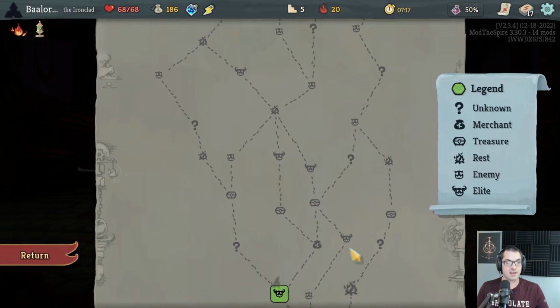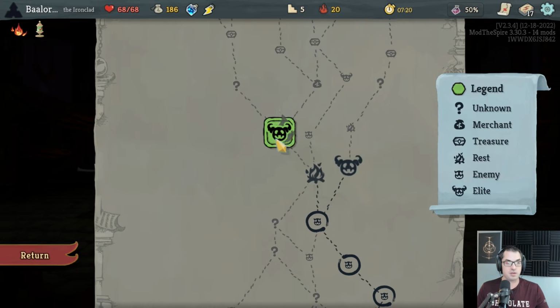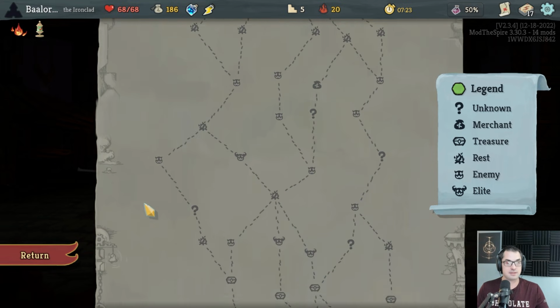I too love Disarm, and I would love to be able to take it going into Hexaghost, but if I want to beat this Burning Elite, and therefore get to the shop...